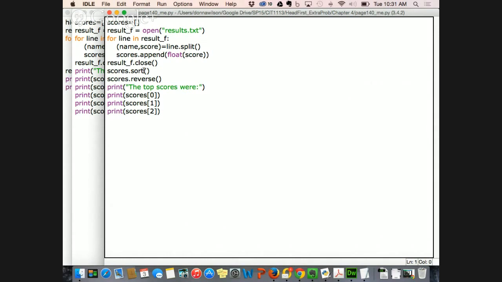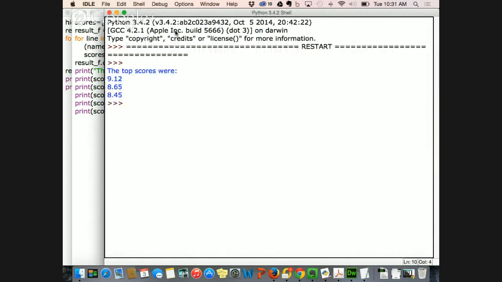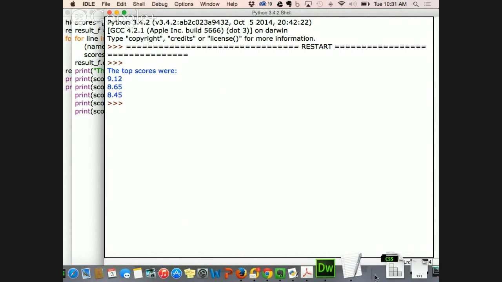The way sort works, it tells you in the book, it actually does the opposite: it sorts from the lowest to the highest score. So then I'm going to use the function called reverse, and it will reverse them. Then the top scores will be 1, 2, and 3. There they are. So it did it according to